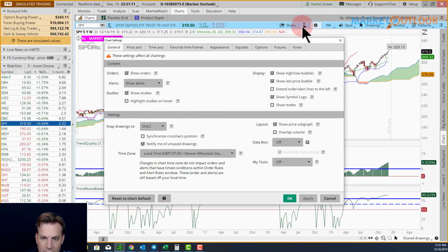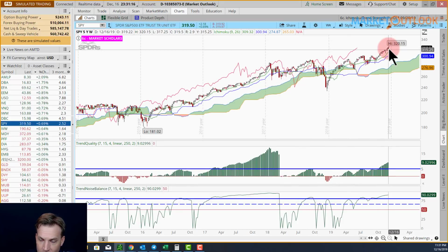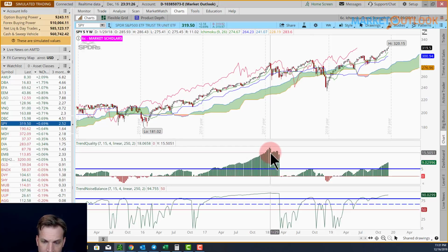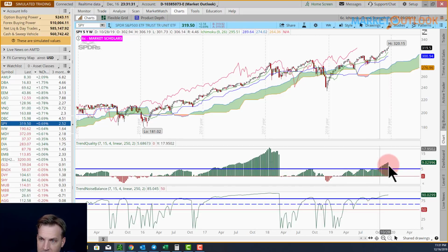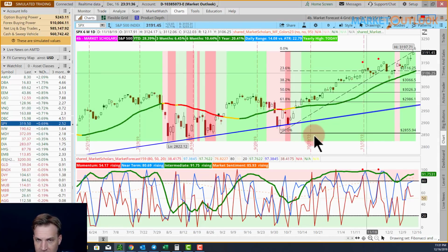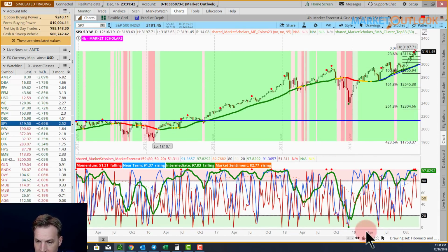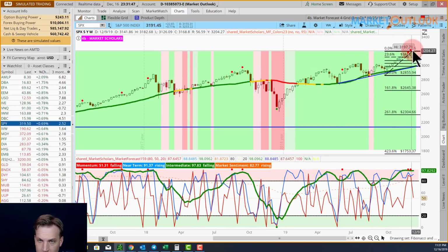Well, if I were to throw on a log scale here, now it doesn't look nearly as euphoric, not nearly as far up above as we were over here, number one. And number two, you can see we're not nearly as high on the trend quality and trend noise balance as we are right now. The trend quality is just barely getting above 9. So it just kind of again shows us how strongly bullish we are. Kind of watching the market forecast signal on the weekly chart too, since that brings it up, and you see the momentum line pulling back, but the near-term line has been up here for quite a while,